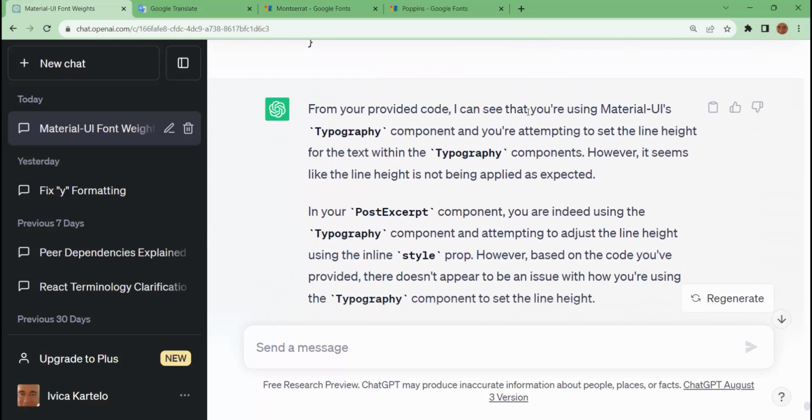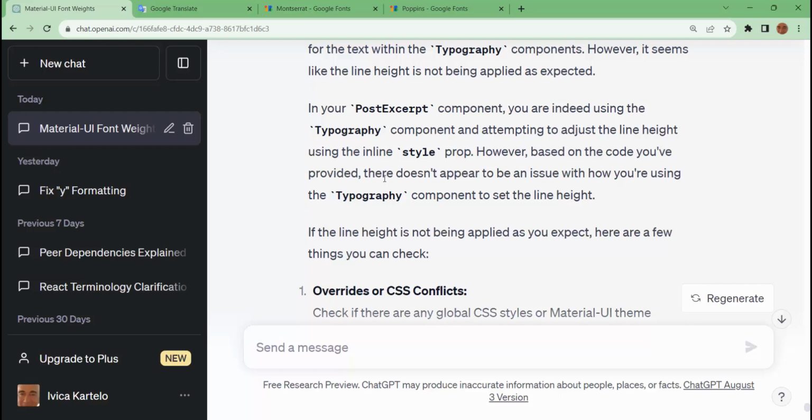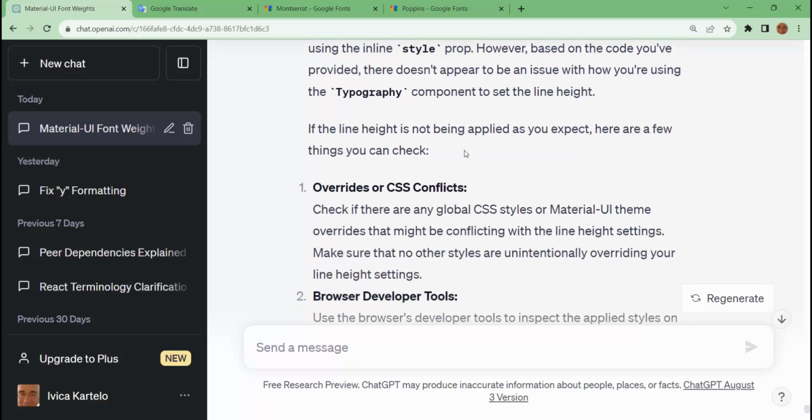I can see that you use a Material UI Typography component and you're attempting to set the line height for the text within the Typography component. However, it seems like the line height is not being applied as expected. In your PostText component, you are indeed using the Typography component and attempting to adjust the line height using the inline style prop. However, based on the code you provided, there doesn't appear to be an issue with how you're using the Typography component to set the line height. If the line height is not being applied as you expect, here are a few